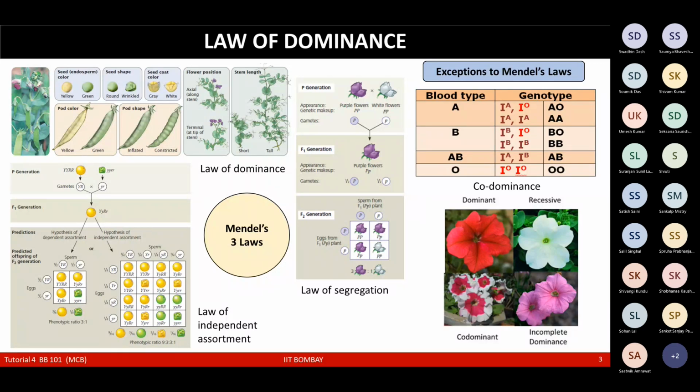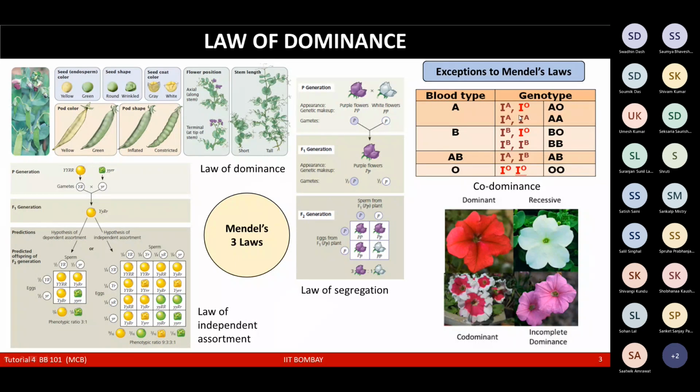Then we have other traits also. They are basically incomplete dominance and codominance. You can see on the top right we have the red flower and the white flower, and on the lower side there's a pink flower, a combination of red and white. Incomplete dominance says that because it's a partial dominance, if the red color were dominant, then the red color should appear in the next generation also. But this is not the case. After the cross, we are getting a pink color. So this is an example of partial dominance.